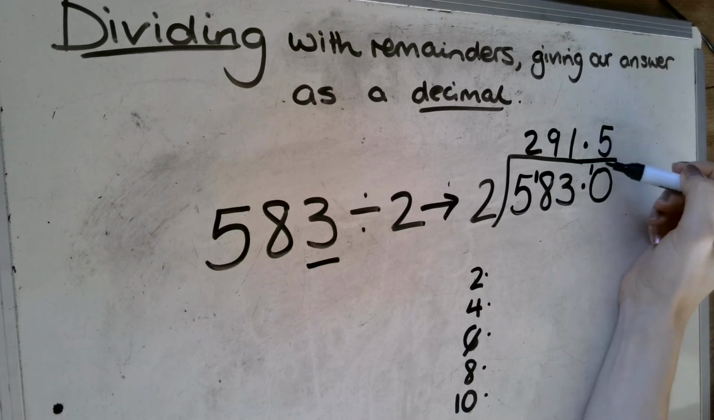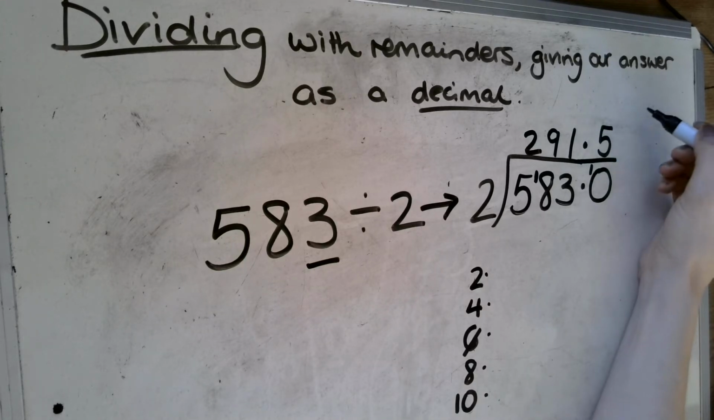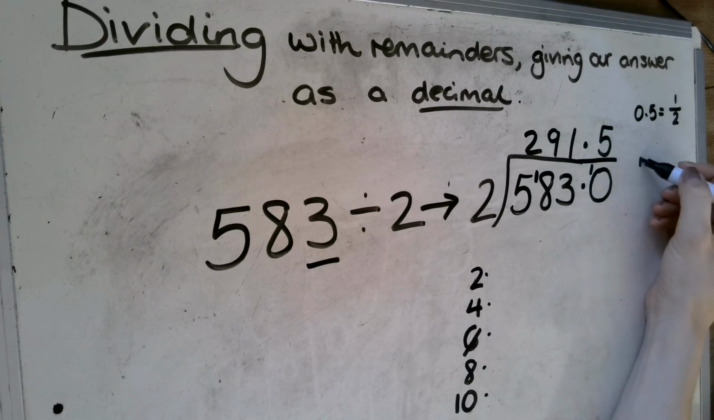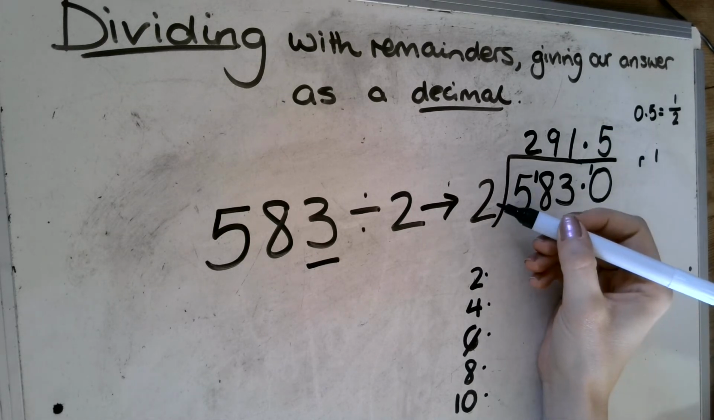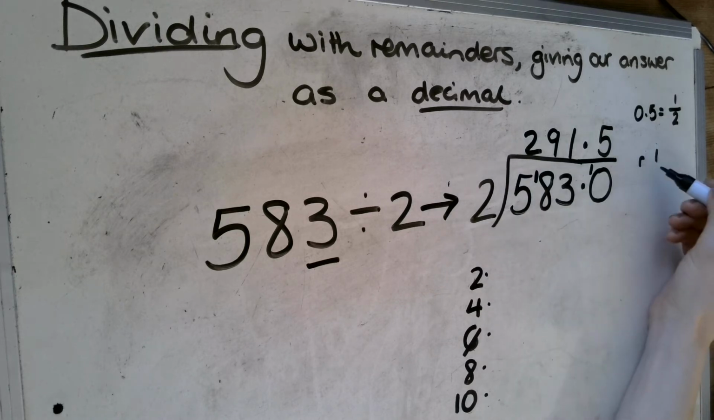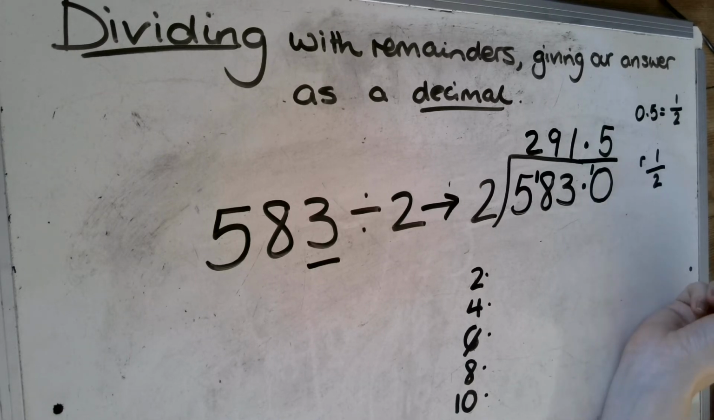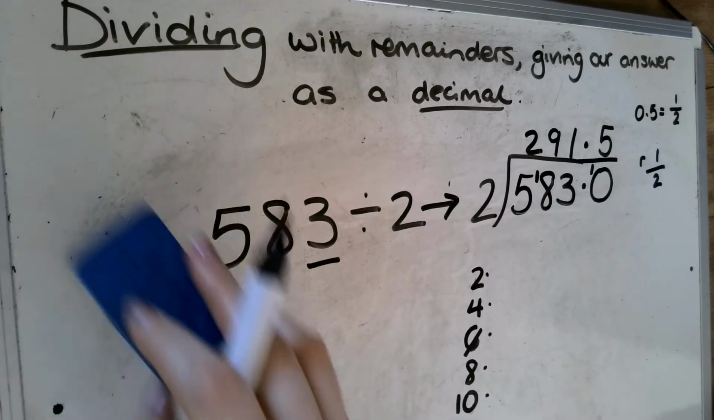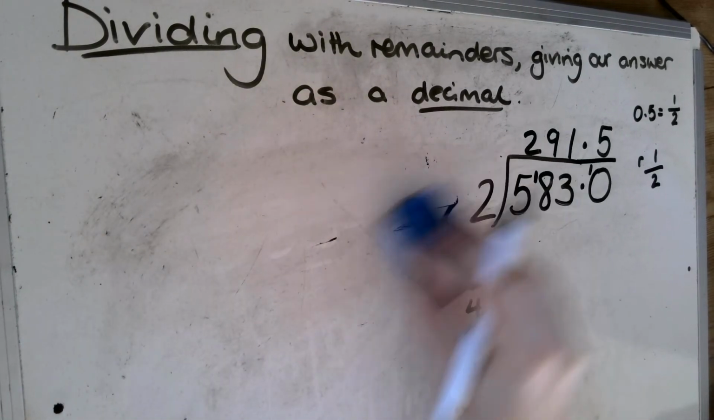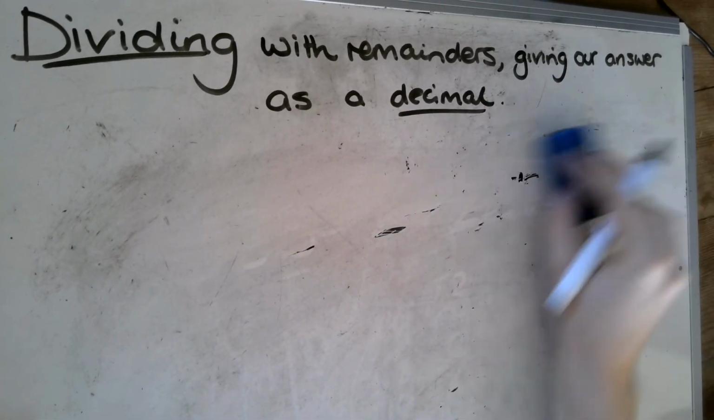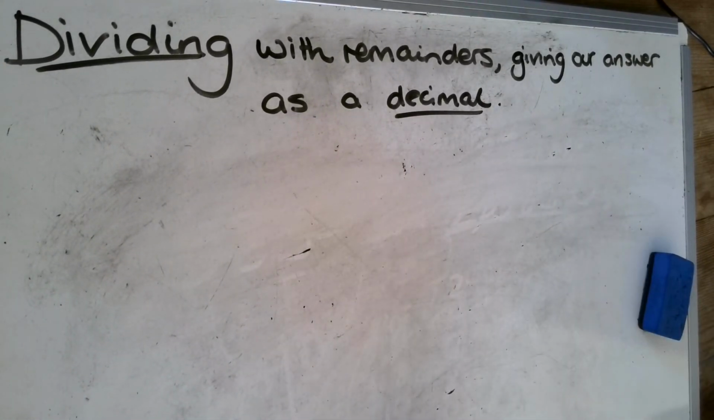Now hopefully lots of us will know that 0.5 is the same as 1/2. And because we had a remainder of 1 and we're dividing the whole number by 2, we have 1 remainder out of the 2 we were dividing by, which is why we end up with 0.5. So I'm going to rub off my board, and we are now going to have a go at another question together. And this time, the question we're going to do is